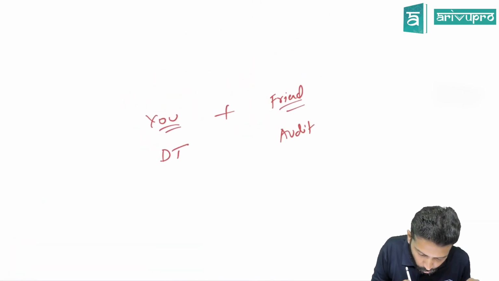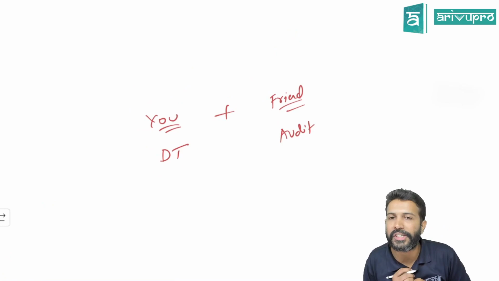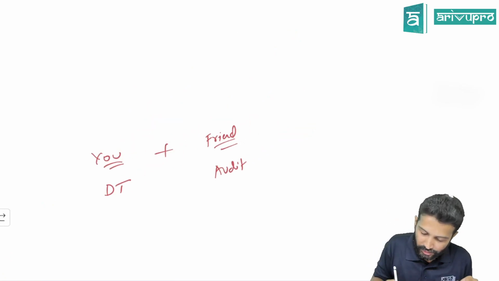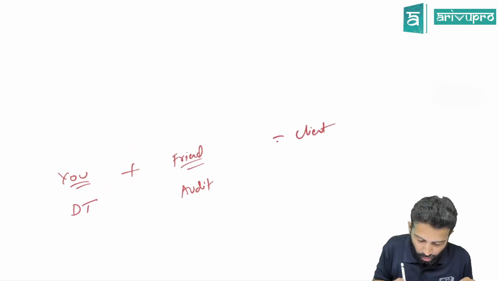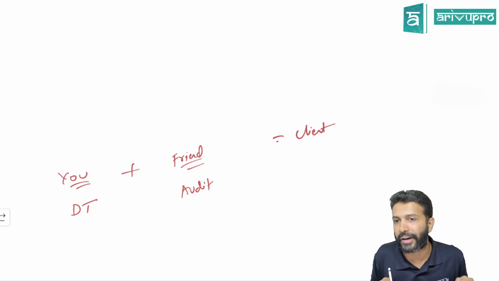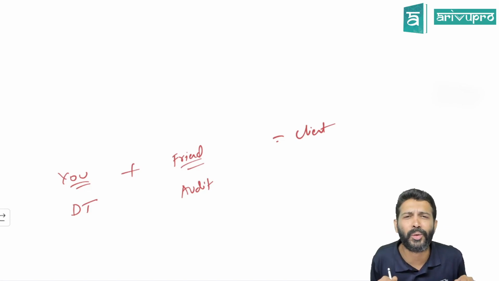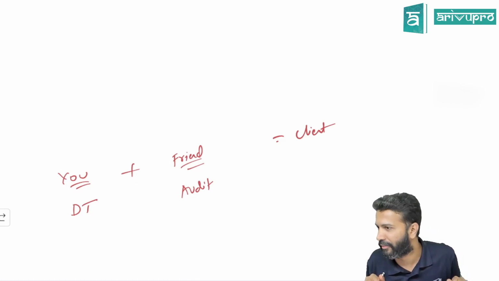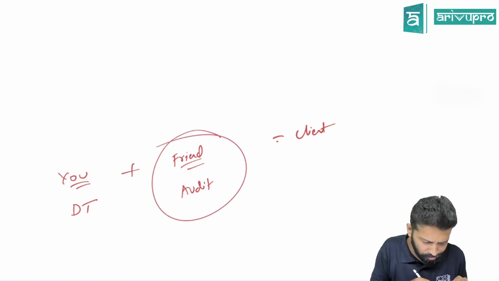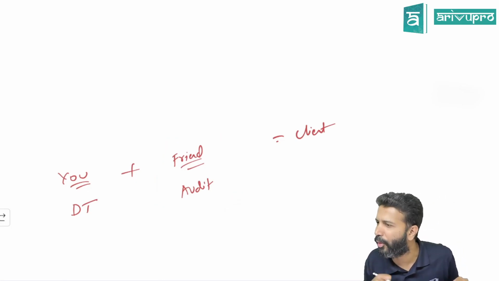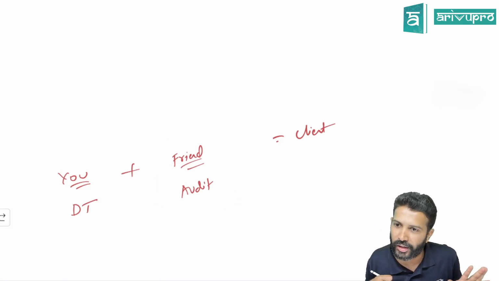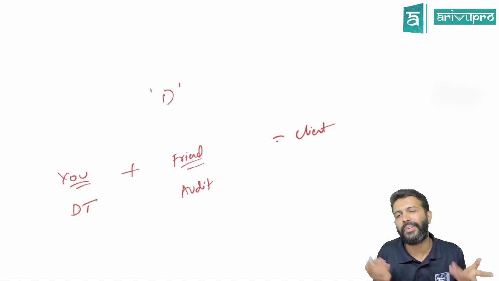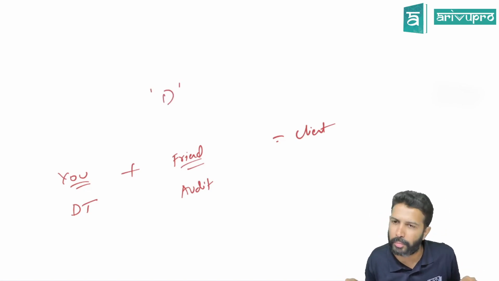Your area of work, you want to revolve around which area? DT. But your client has come up with what assignment? Audit. But you don't want to do it, but rather you give it to your friend and tell him, 80% of the revenue you keep, 20% you give to me, because we are doing it under an individual name or partnership firm name. So this revenue sharing, you agree with your partner. Assignment you do, maximum revenue you keep, minimal amount you give me. This strategy is your diversification, which practically many of them do also.